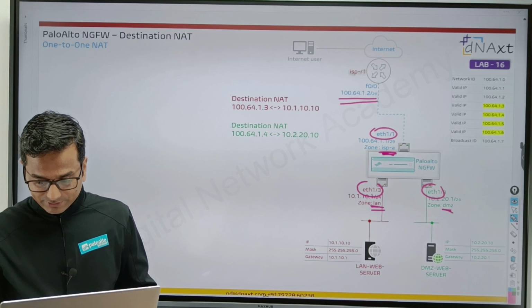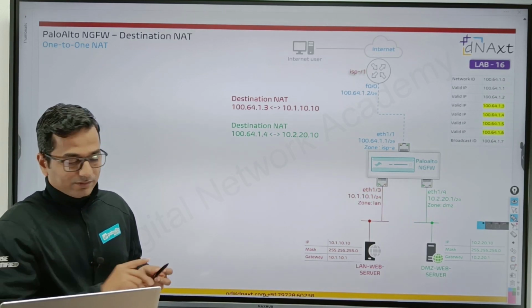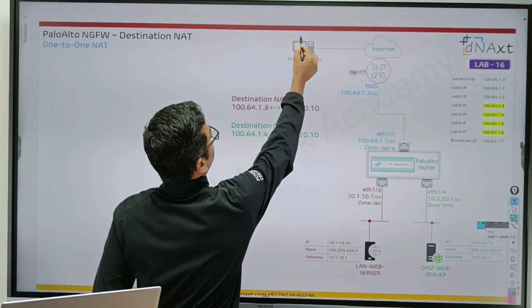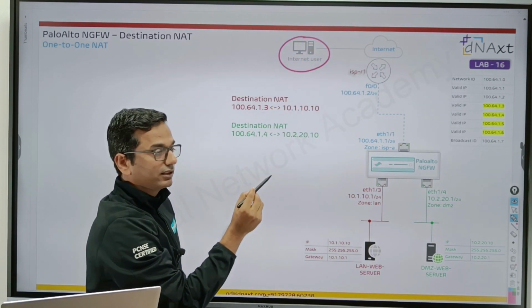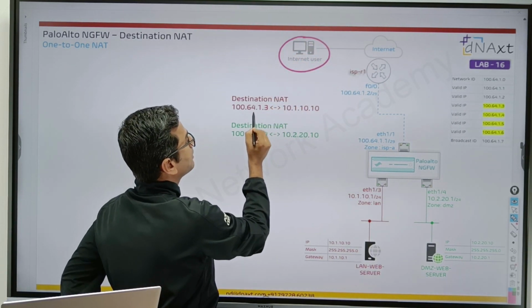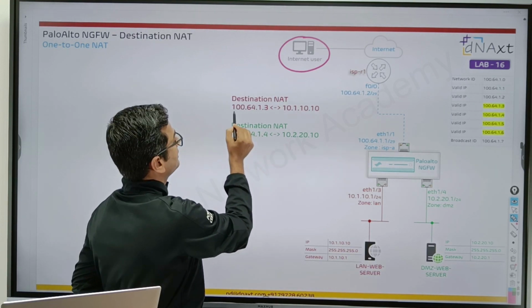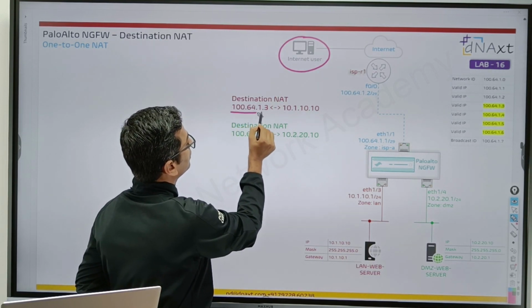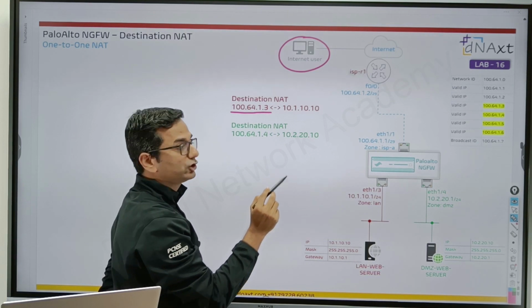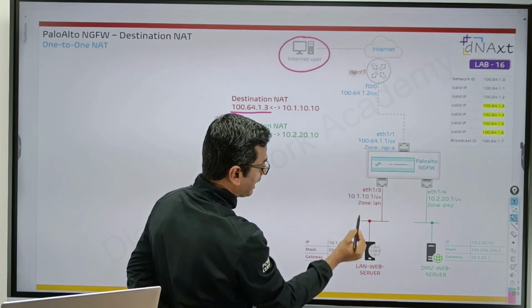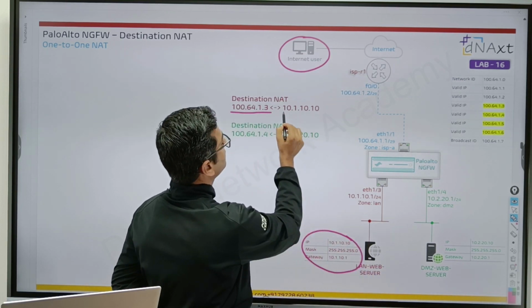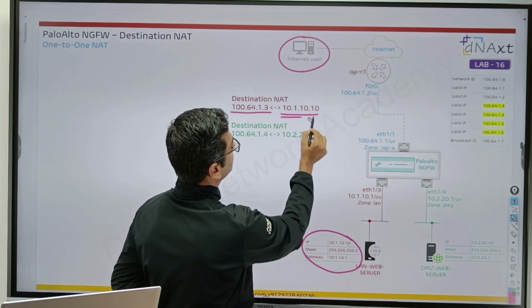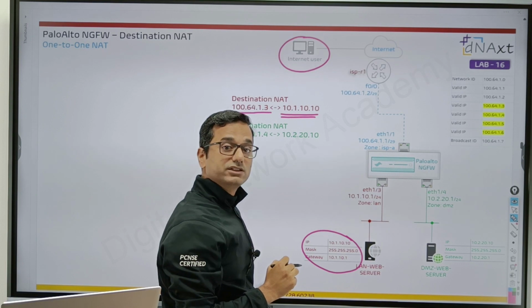So what is the requirement? We have one machine, an internet user, for our testing. If somebody is trying to access destination IP address 100.64.1.3, it should get translated to the private IP address of the LAN web server, which is 10.1.10.10. That is destination NAT.